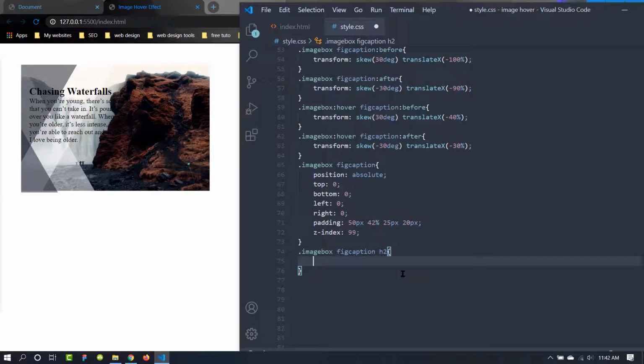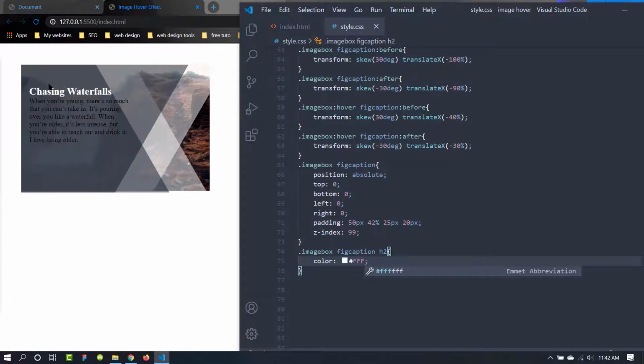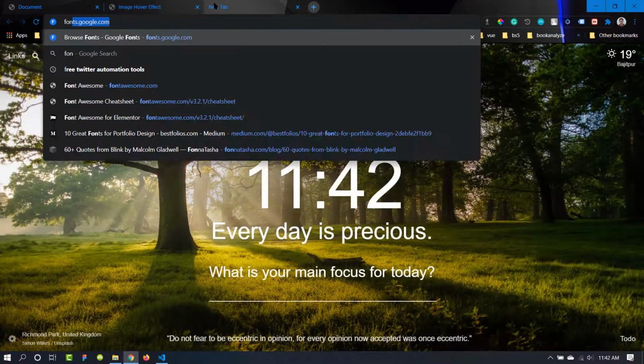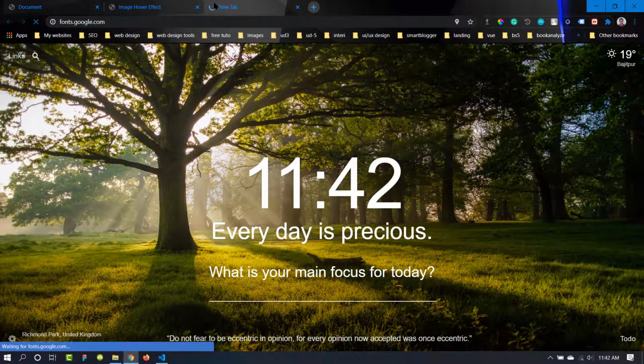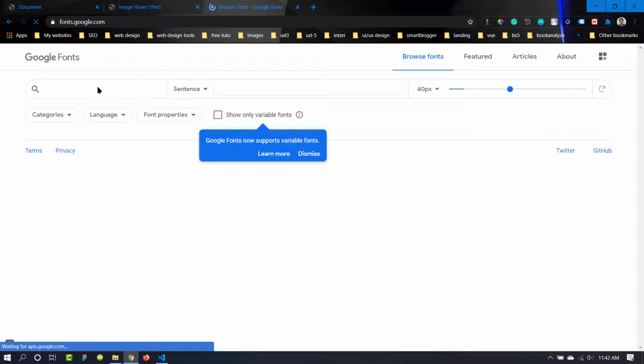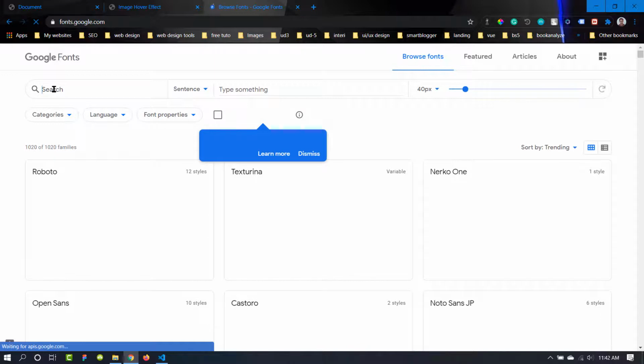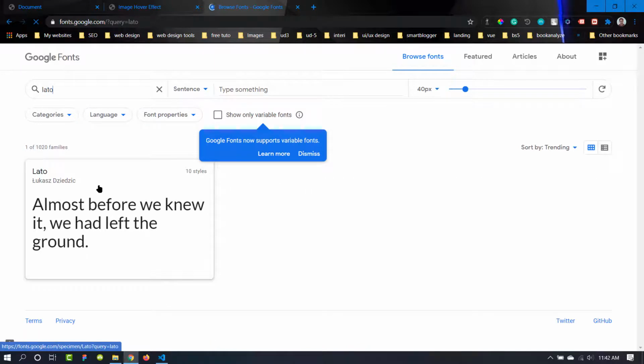Let's first install the h2, give it a color of white. I think we need to change the font because it is kind of basic. Let's head over to fonts.google. Let's get the Lato. This is it,